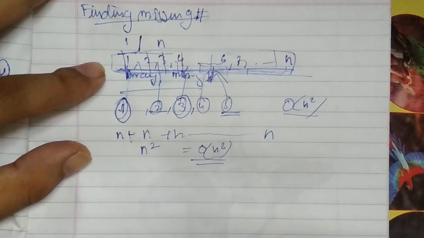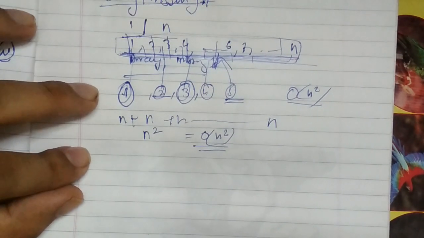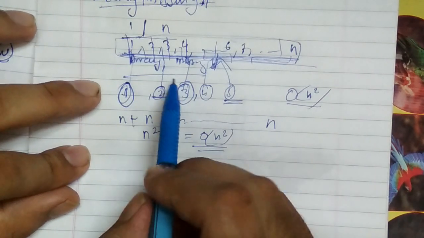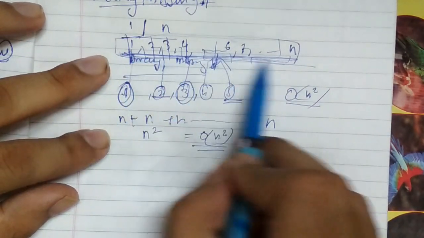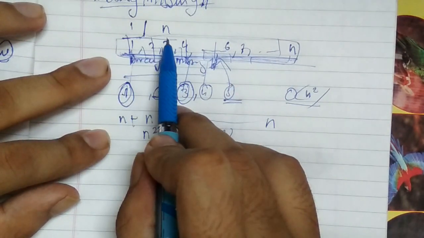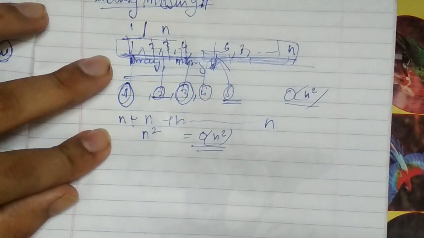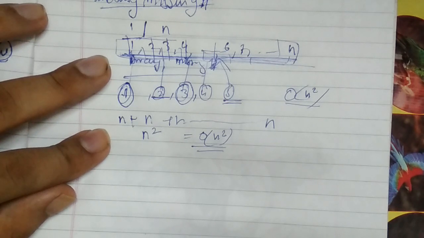This is a simple approach. Now let's optimize it. See, we are doing a lot of repetitive work. We are checking one number again and again, and even if it has been checked, we are checking it again with another number. If we can avoid this repetition, then we can improve its complexity. Let's think of a way in which repetition is not there.